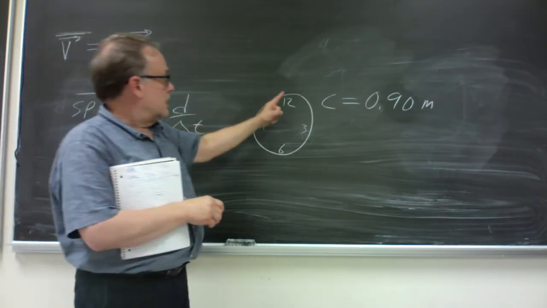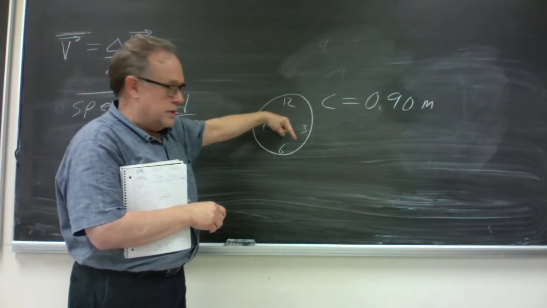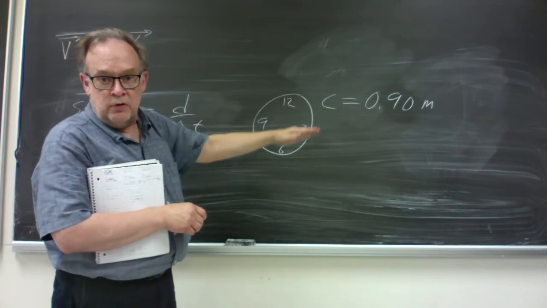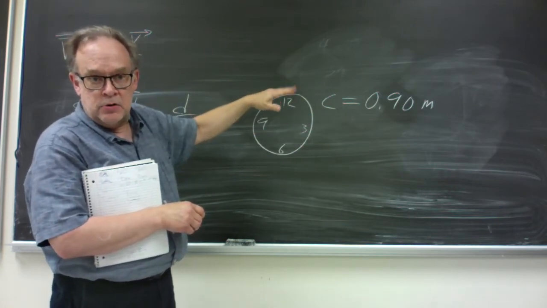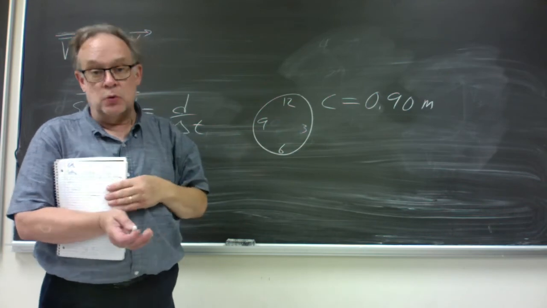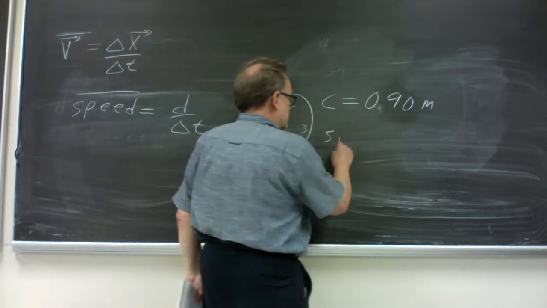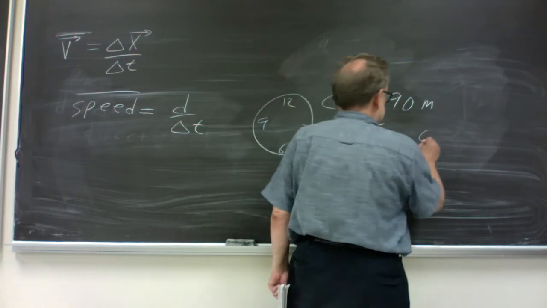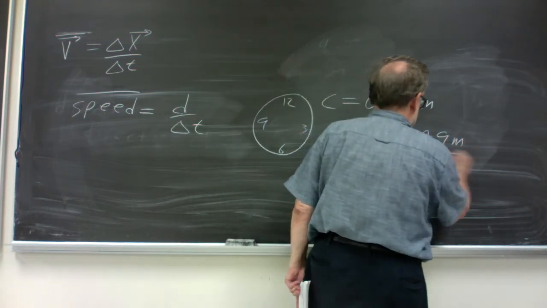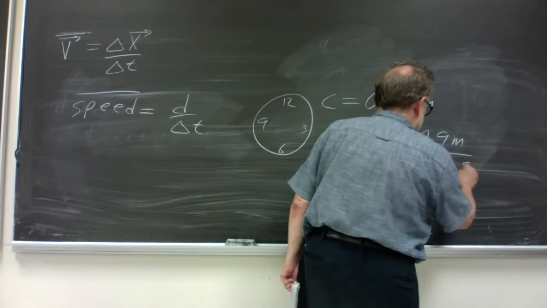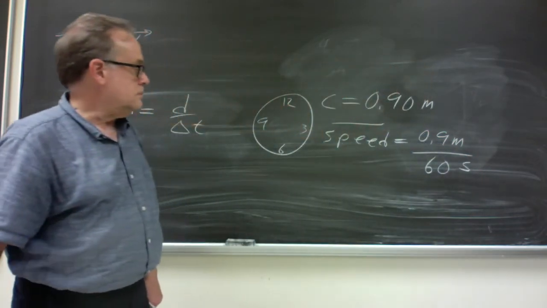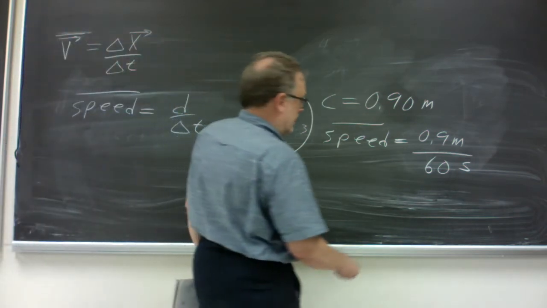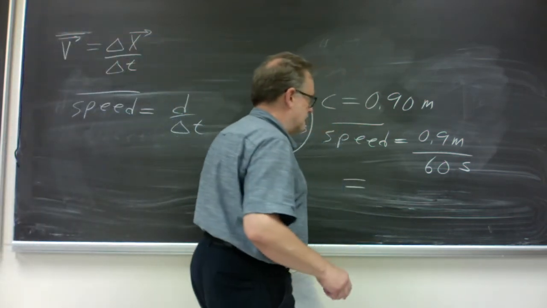And of course, the tip of the second hand travels that 90 centimeters in 60 seconds. So the speed, of course, average speed, is 0.9 meters divided by 60 seconds. And do the math, and that'll come out to,